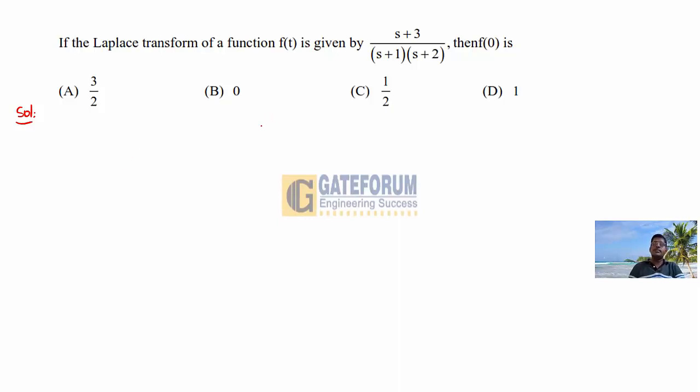When you are applying the initial value theorem, f of 0 is found from the function of s, denoted by capital F of s, which is the Laplace transform of some function f of t. So, to apply the initial value theorem, F of s should be a proper function, with numerator degree less than denominator. So, by the initial value theorem,